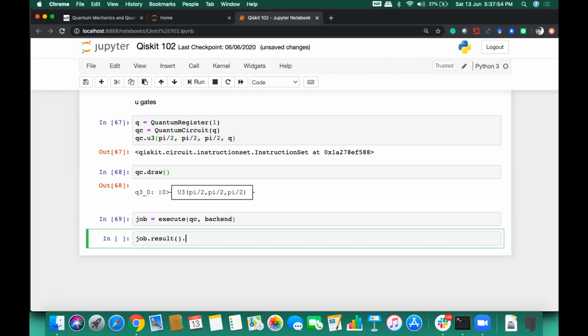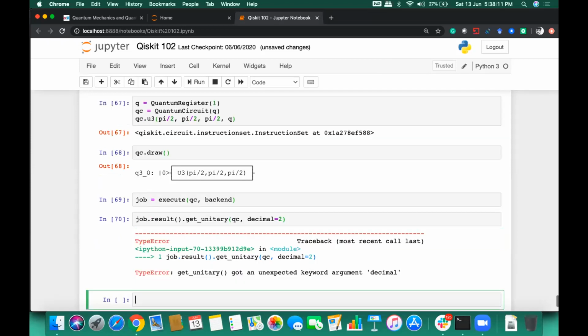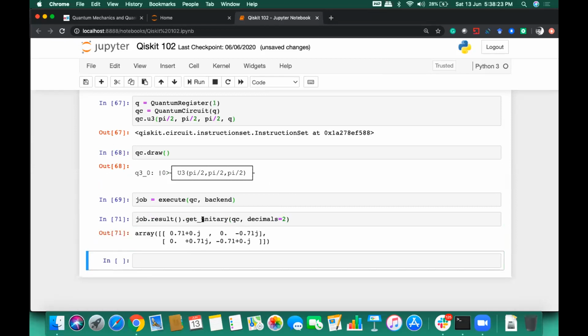Okay, and to see its results, like what values have been returned by it, you can call the result. Since we are creating the unitary gates, instead of calling get state vector, we are calling get unitary. We'll call get_unitary, and here we will pass the circuit and even the decimal values up to what we want to get the values. I missed certain thing. Get underscore unitary, decimals. Fine. So these are the results when we executed a single qubit unitary operation. Okay, and you can see it as a matrix form.